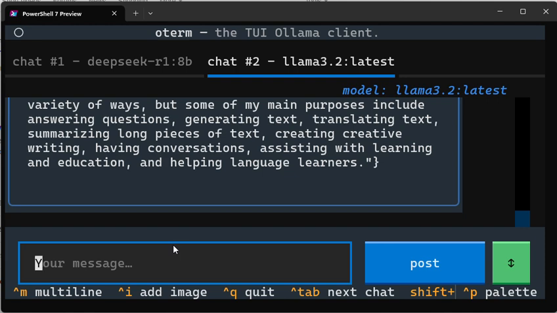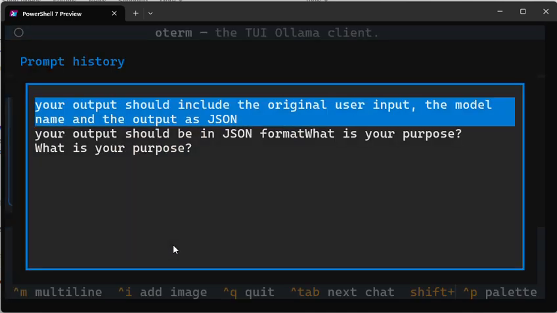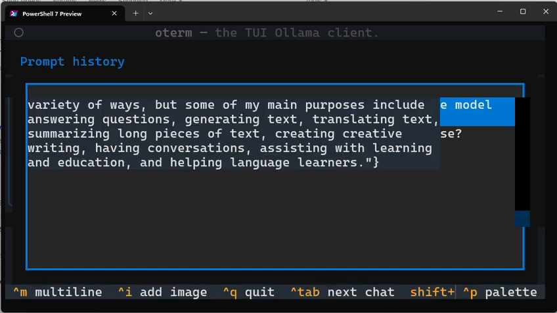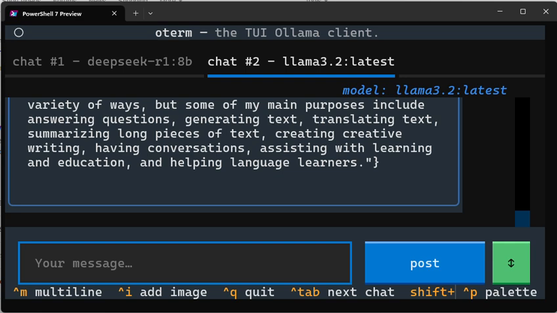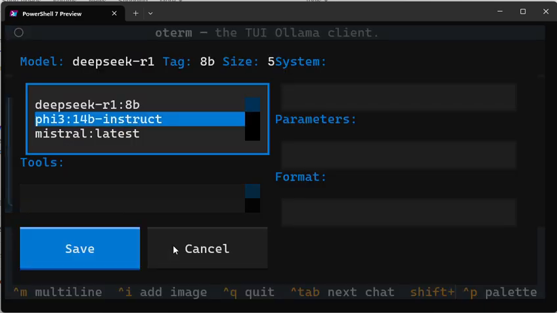What is really super cool, I just found this, is if you hit the arrow key, you get your previous prompts, which I think is just super cool. I hope escape works to get out. Yes, it does. So Control N to get a new instance, and then I can choose which